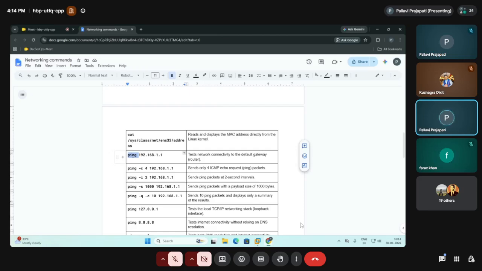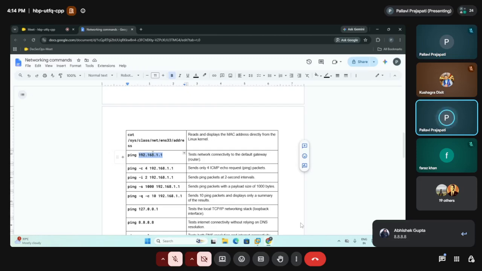Tell me why we are using this address instead of this address. We can use some other addresses also, or can we only use this one? Ma'am, dot one is the router address. Yes, it is correct. Can I use my own system's IP or some other IP, other than the router IP?